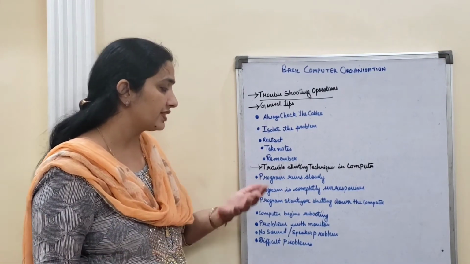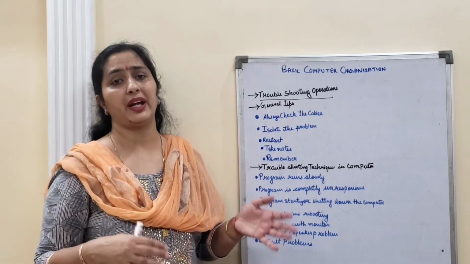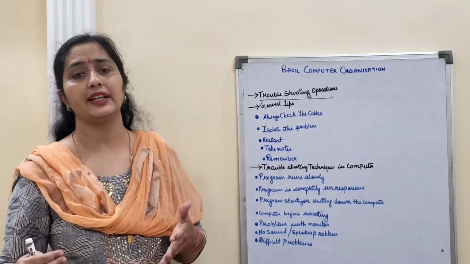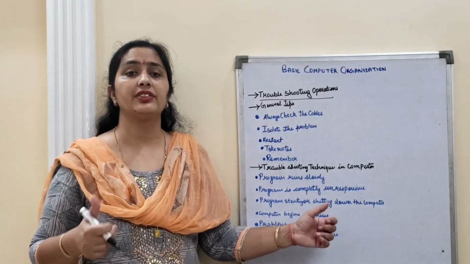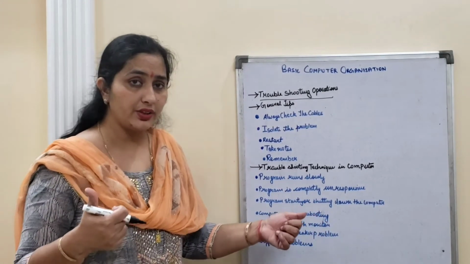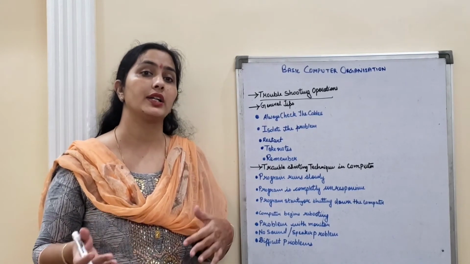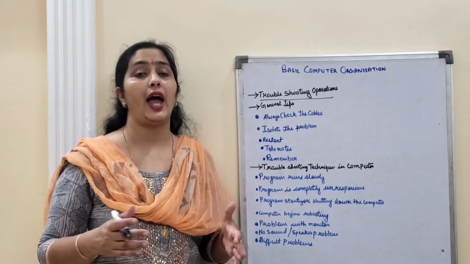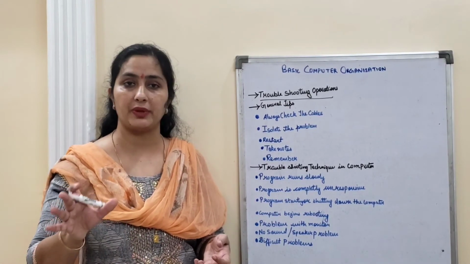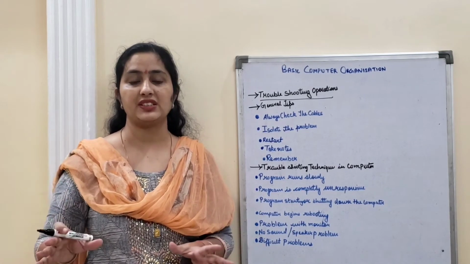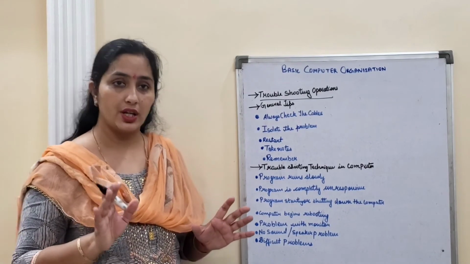Next is the program or computer starting or shutting down by itself. By itself it switches on, and while working it automatically shuts down. In this you will get 3 types of messages. Without pressing the restart button, your computer restarts, or maybe when you are working your hard disk fails and a hard disk error appears. And on shutdown, normally it gives you a message like are you sure you want to shut down, showing that you are going to close your computer. But no message comes and it suddenly shuts down.